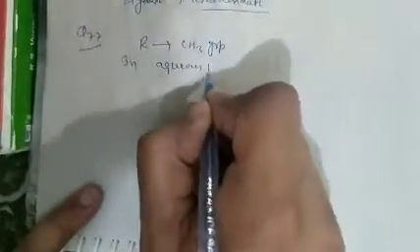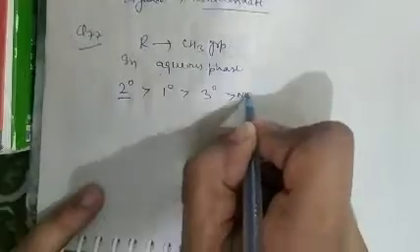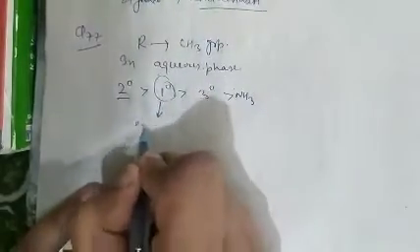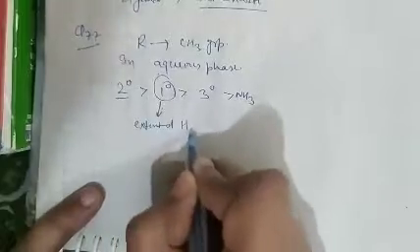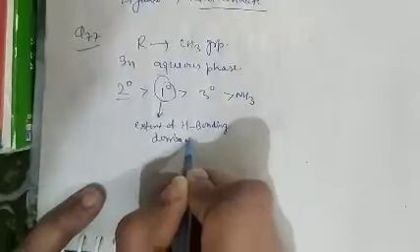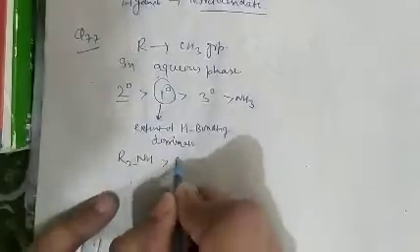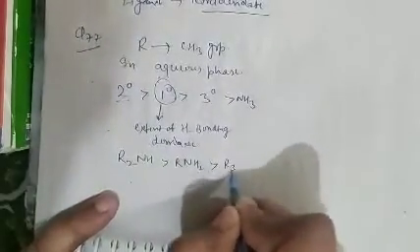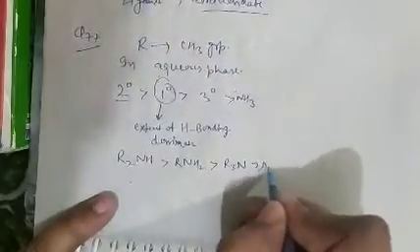So when R is a methyl group, as we can see that in aqueous phase, 2 degree has maximum basic nature, then 1 degree, and then 3 degree, and then ammonia. Because in 1 degree the extent of hydrogen bonding is more. Extent of hydrogen bonding dominates. Therefore 2 degree, then 1 degree. So it will be like that: R2NH, then RNH2, then R3N, and then NH3.